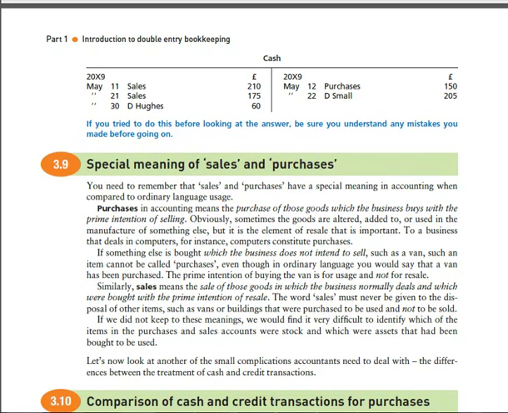So purchases is not what we purchase to use in the business. It's the goods we purchase to sell at a later stage, with the intention of selling and making a profit out of it. So for example, if we are a furniture company and we purchase furniture to sell to different suppliers,